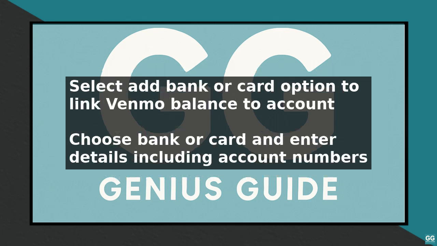To link to a bank account, select Bank and then enter your bank account details, including the account and routing numbers. To find your account and routing numbers, look for them at the bottom of one of your checks or on your bank statement. If you do not have a check or statement, you can also contact your bank to